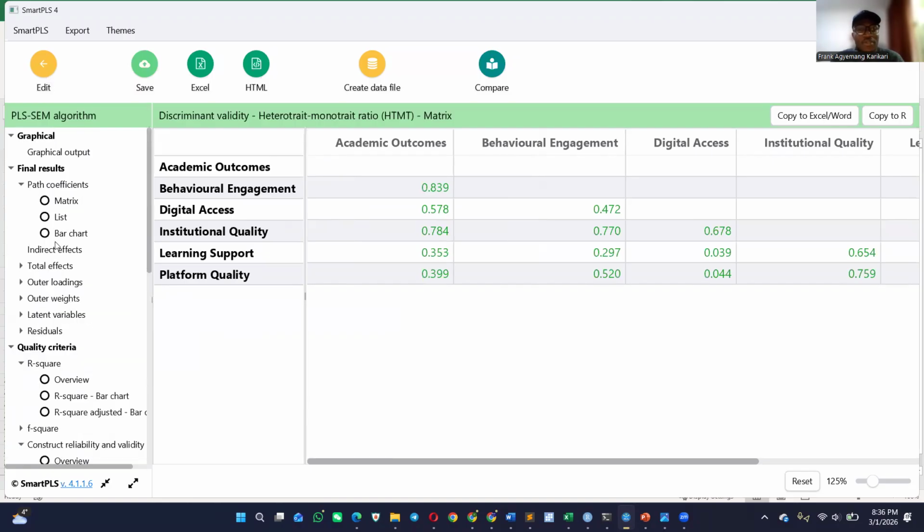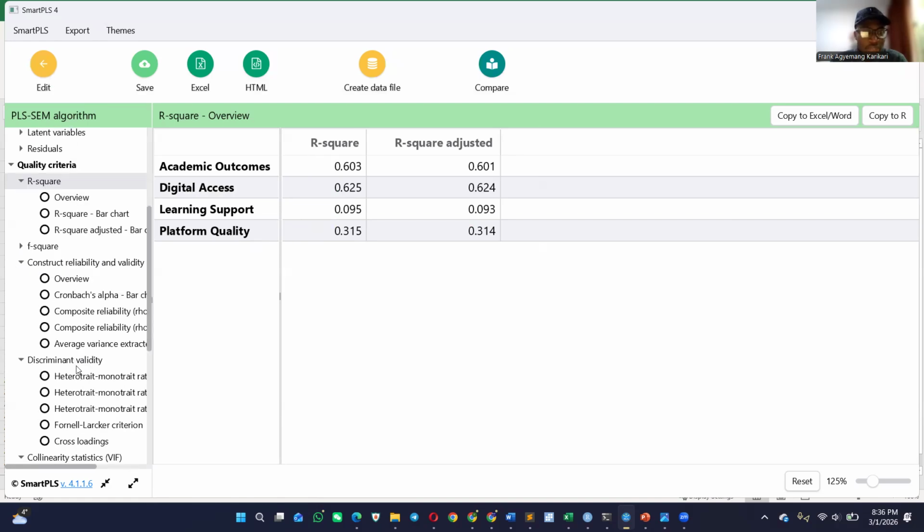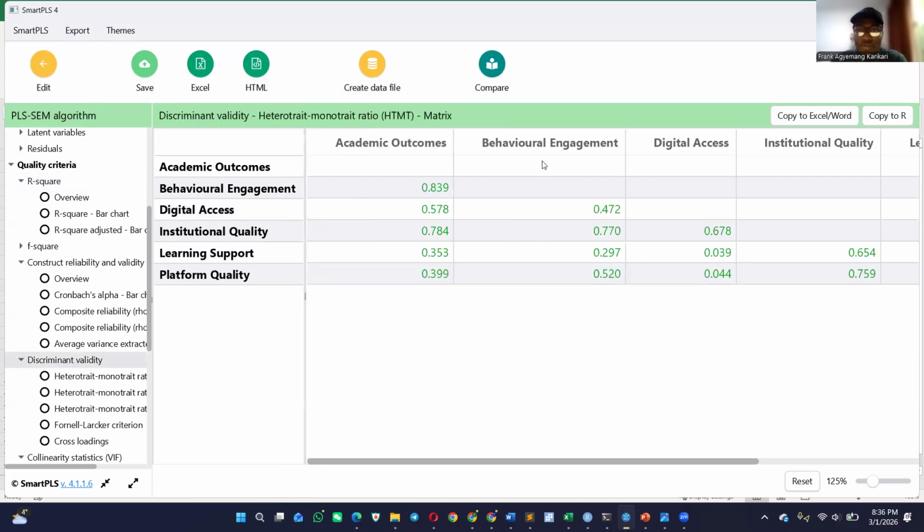You're going to check our R square for the main dependent variable because we are treating academic outcome as our dependent variable. Okay. So the R square is actually 0.601. So now that we have met the measurement criteria for our lower order constructs,